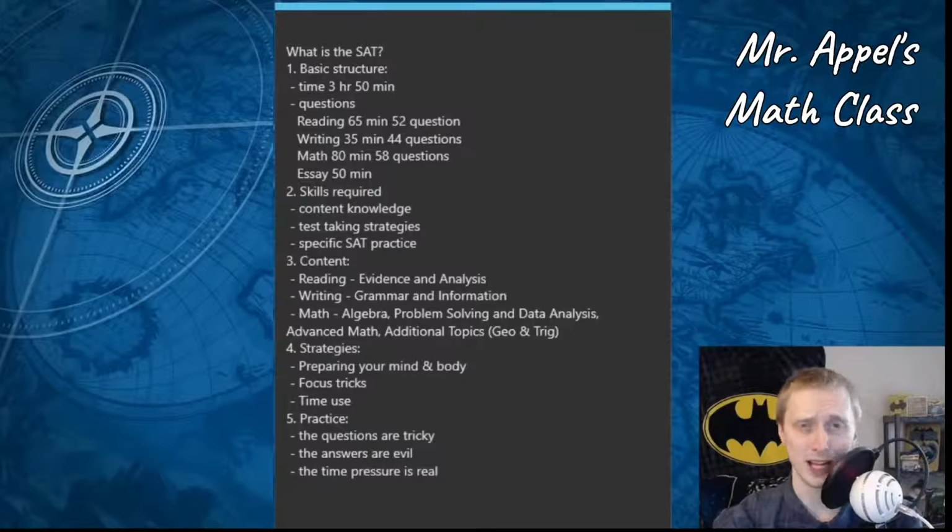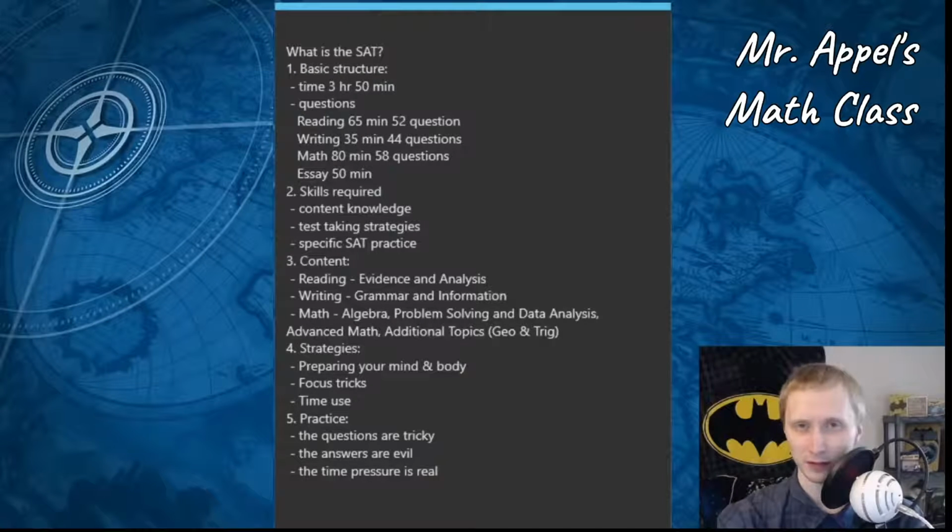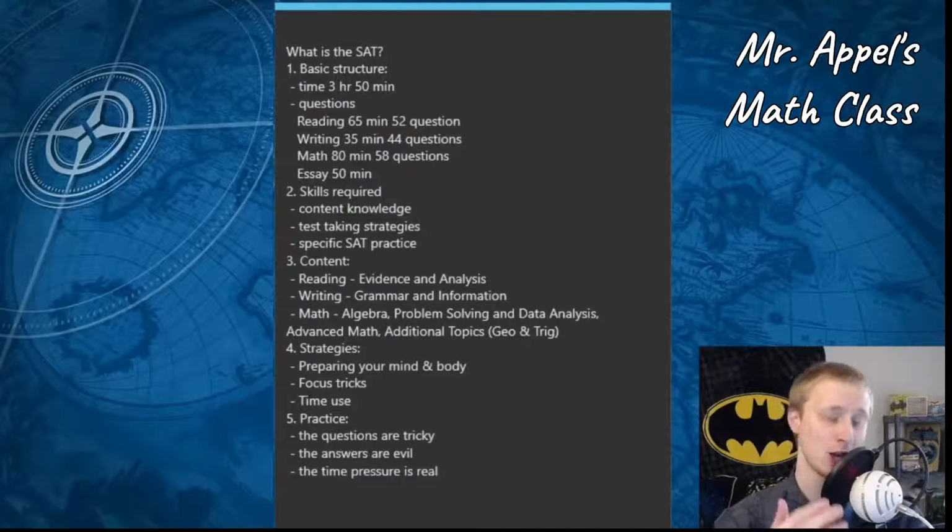And then another category of math question they call advanced math, and this is where you'll find more of the Algebra 2 level, dealing with beyond linear and parabolic functions. So you might find a higher order polynomial, something about an exponential, maybe a trig identity or two could be lumped into this category. And then finally, the official SAT material slaps on an additional math topics section,